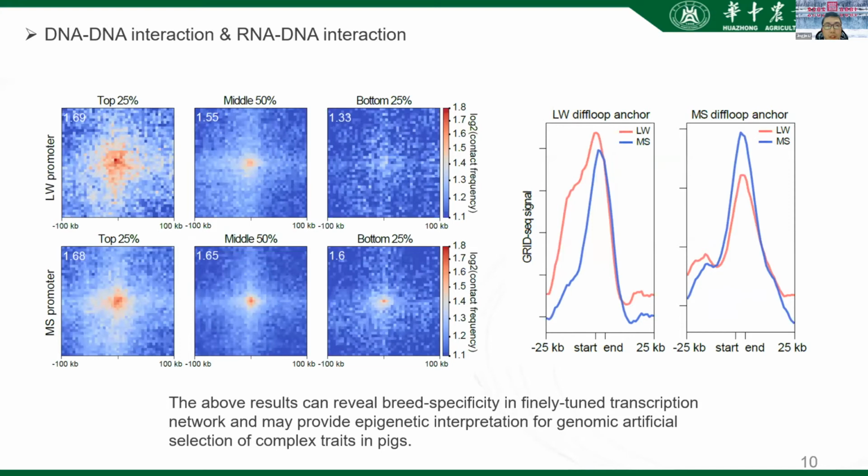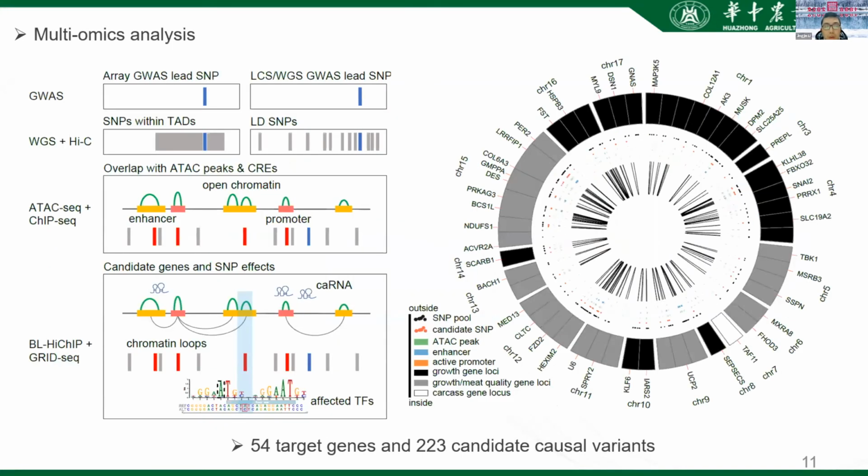And we performed the integrated analysis for DNA-DNA interaction and RNA-DNA interaction. We can see that they have a similar trend and interaction levels. All these results can reveal breed specificity in finely tuned transcription networks, and this may provide epigenetic interpretation for genomic variants as well as GWAS leading signals. So here, we developed this step-by-step strategy to filter the candidate causal variants, and finally,